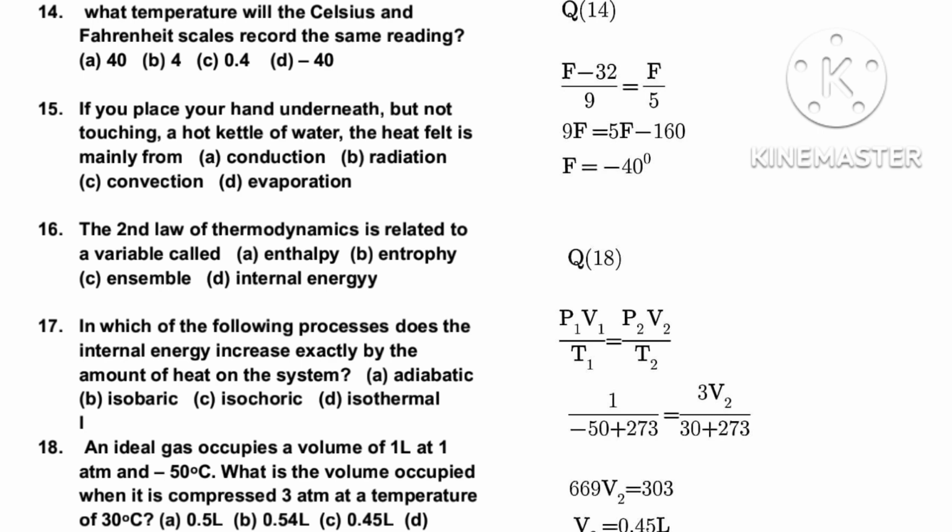The second law states that the total entropy of a system either increases or remains constant. So that's the second law. So the variable related is entropy. So question 17,